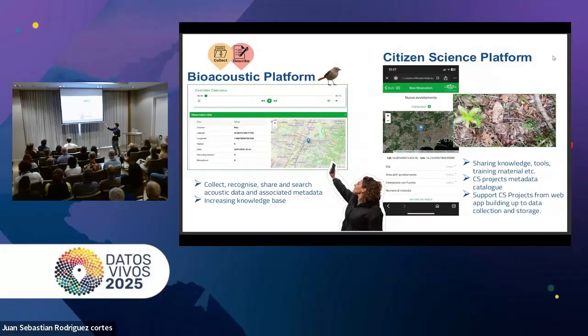So for data collection, as I anticipated, we have these two platforms that are mainly for data collection from the citizens. The bioacoustic platform is to collect, recognize, share, and search acoustic data. The most obvious example is birds, but at the moment we are trying to increase the knowledge base to give more data to the training model behind the platform, to allow it to recognize also other natural